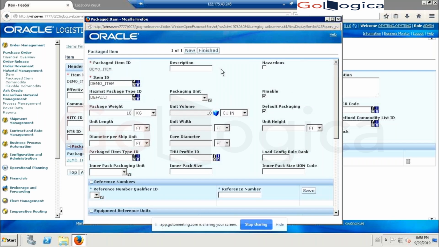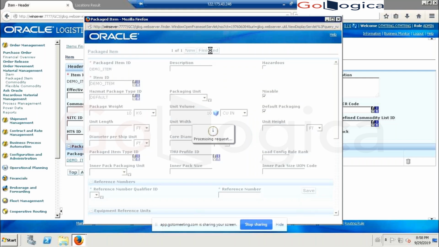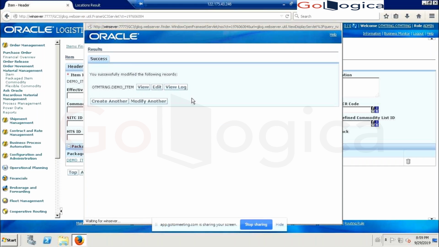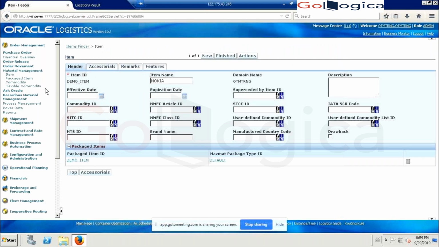So I'm just having it as inches. Now I have updated the packaged item details as well. So now I have updated the item. We have created the item and packaged item. Now we'll configure the equipment group.